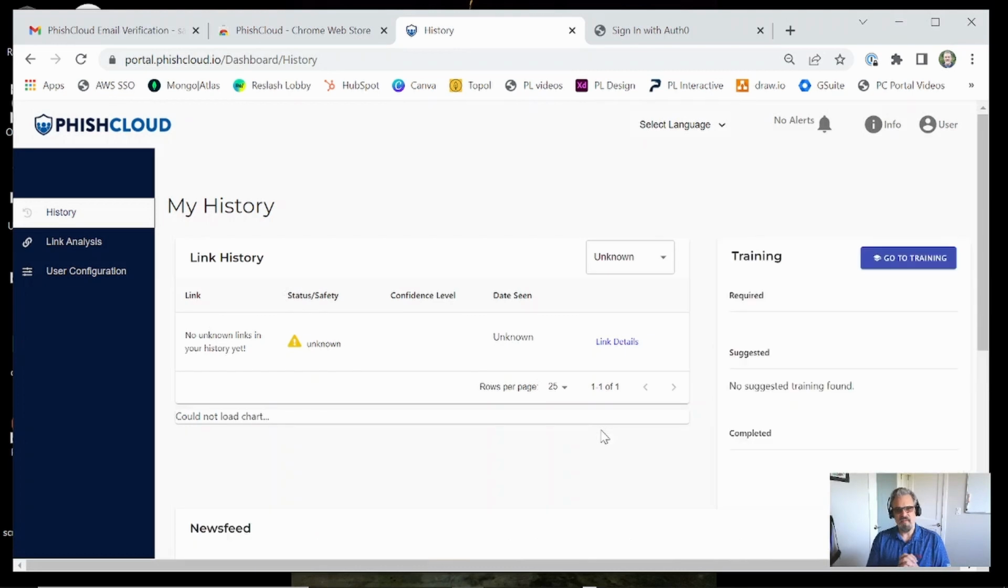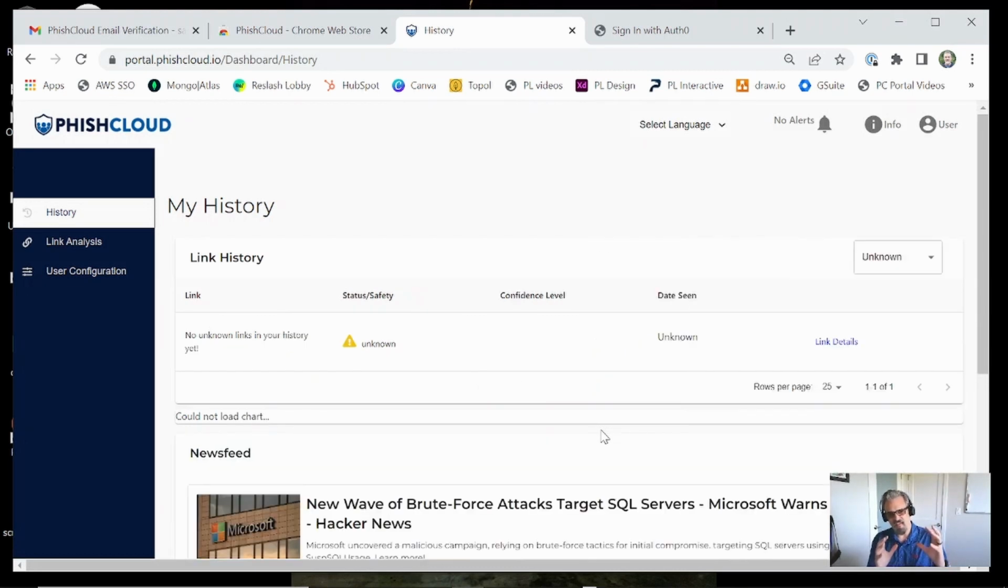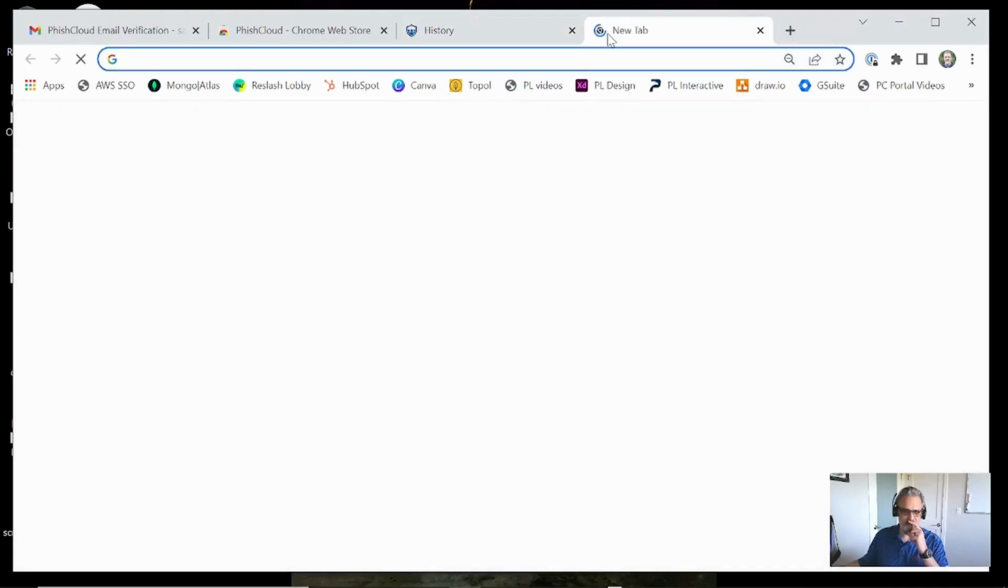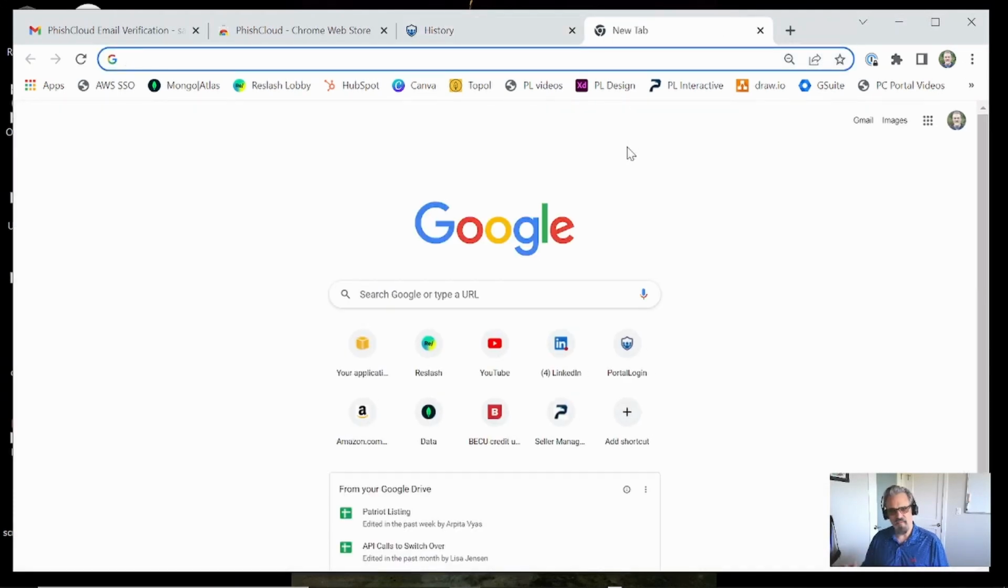You're going to get access to our portal, which is going to give you some history and some news. Right now there's no data because we haven't done anything yet. So this takes about 5 to 10 minutes to start populating data as we get your account set up on the back end. So while that's happening, why don't we take a look at how to use PhishCloud in your